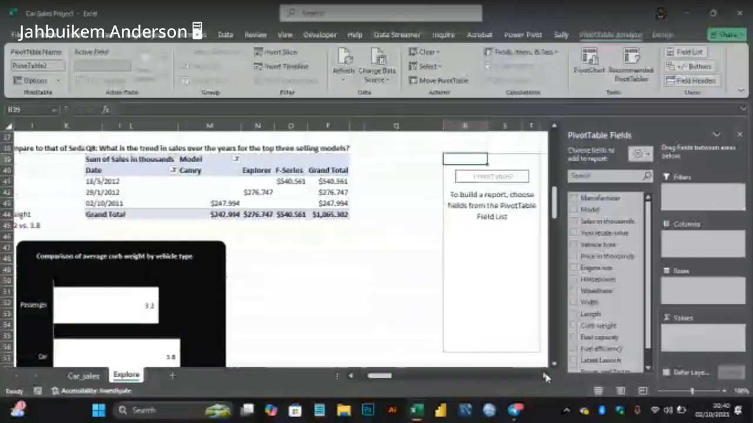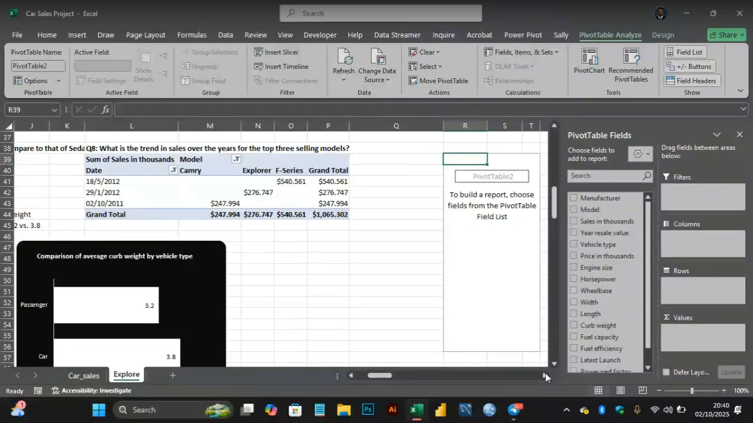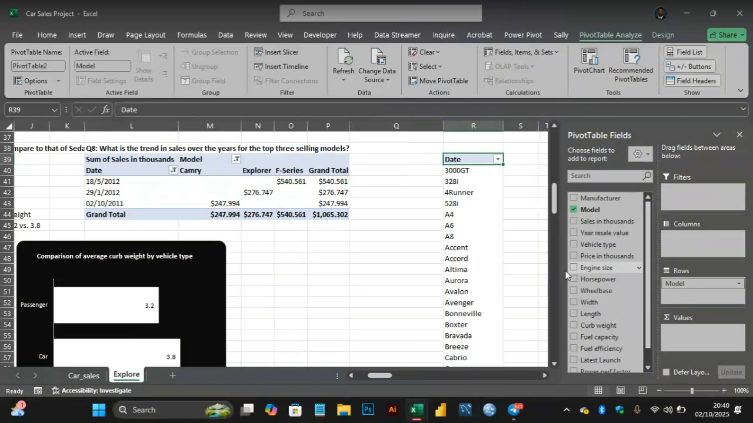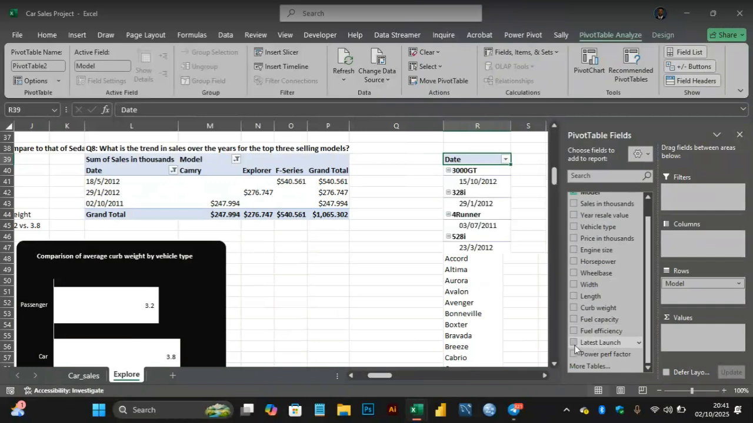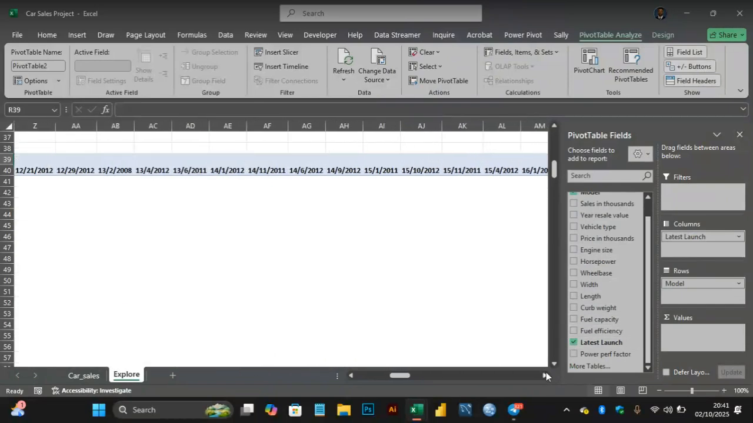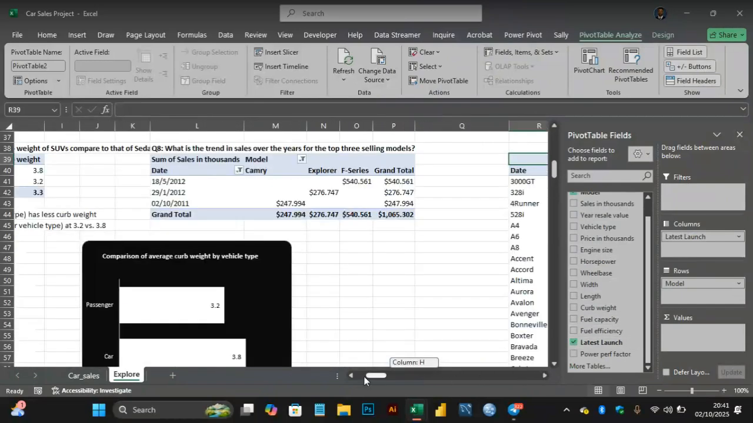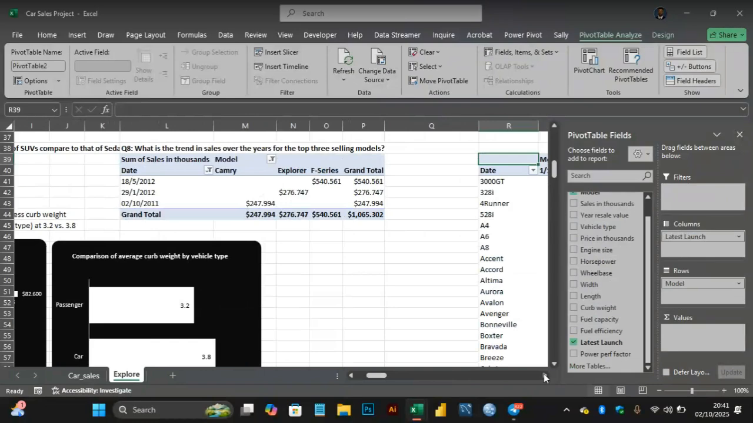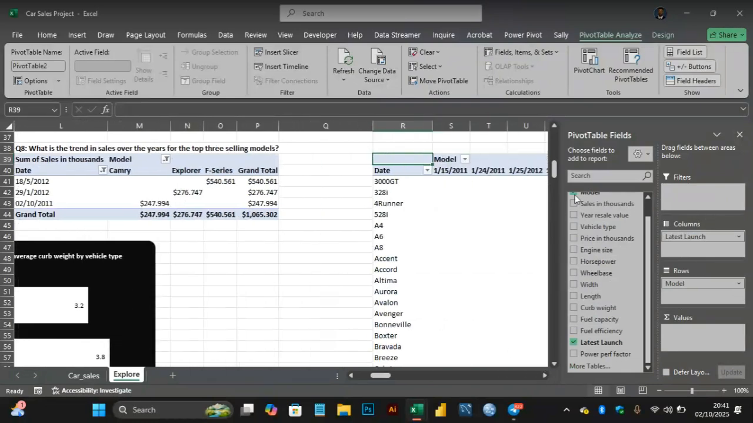Get a trend in sales over the years for the top 3 selling models. So the models we have is this, all the models. Then the latest launch is this, right? And if you put it in columns, it's going to be a very long latest launch, very long, right? So it is best to have them where it is before, but let's still